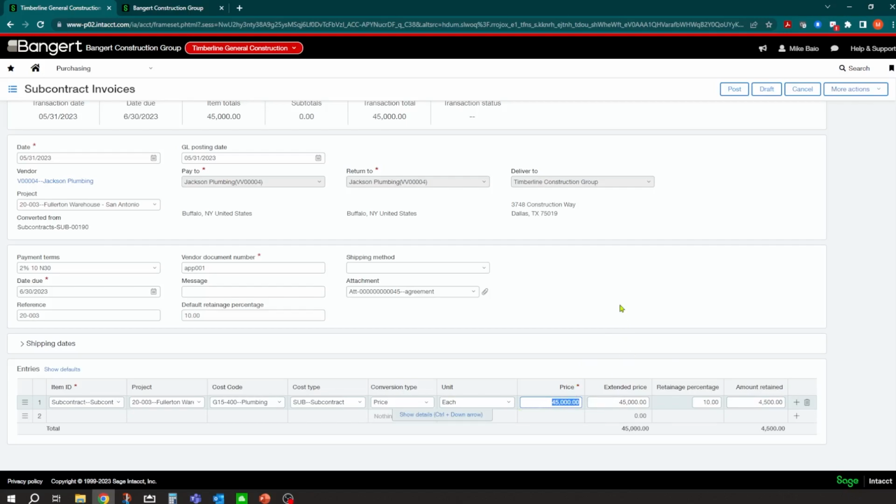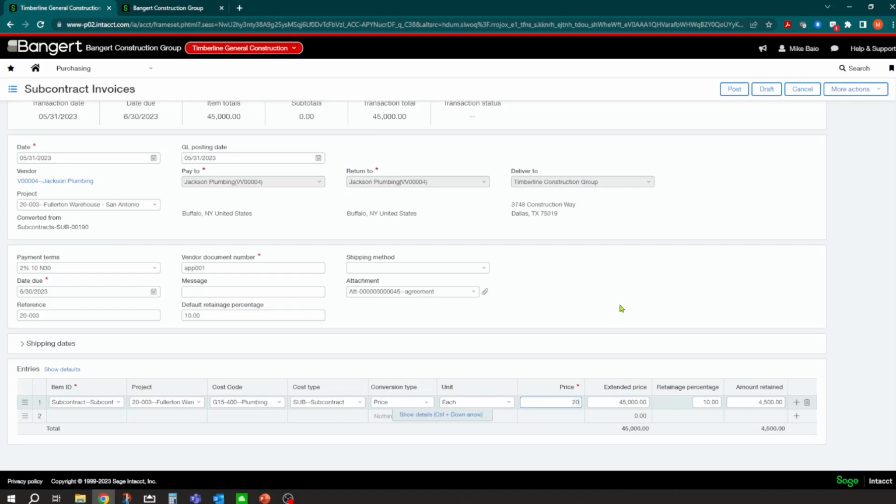Now, there is a setting in the system. Some people prefer this. Some people prefer to not have it fill the amount in here, to leave it 0, and then they want to type in what they're being billed for. That's a simple checkbox in the configuration in the purchasing module. So if you wanted to have this start as a 0 here and you want to just key it in because you don't want to accidentally put in the whole thing and you only want to do half, you can do that. You can choose to do whichever way works best for your company.